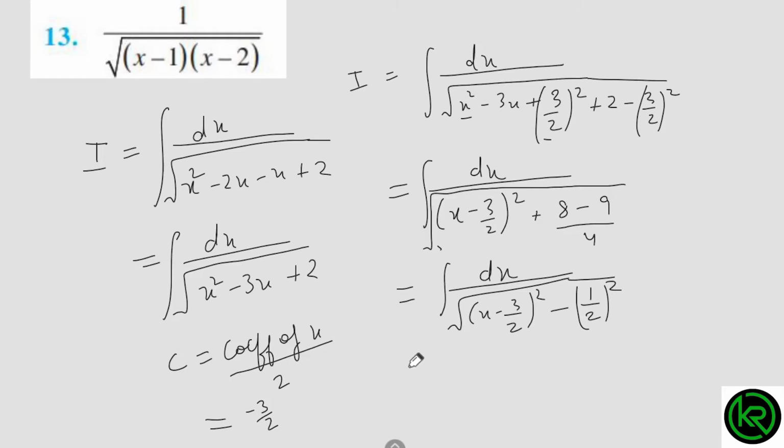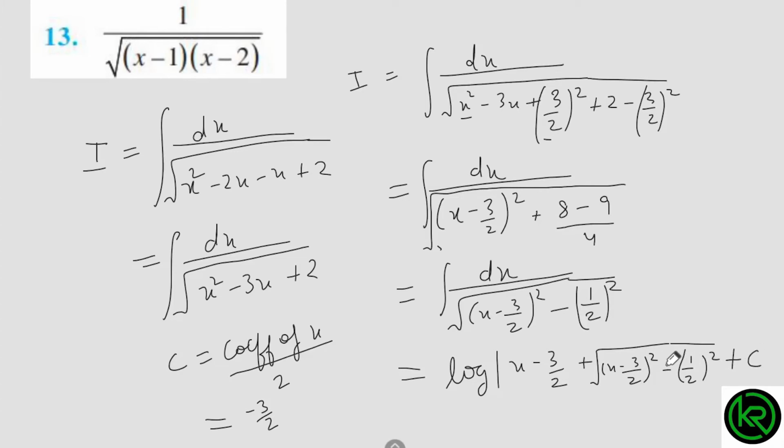Okay, now integration of 1 upon under root x square minus a square is what formula? So its formula is, students, log x plus under root x square minus a square plus c. Okay, and after solving this we will get our answer